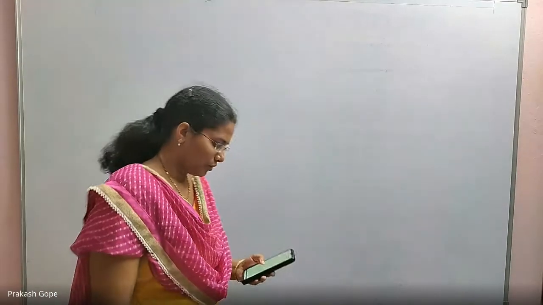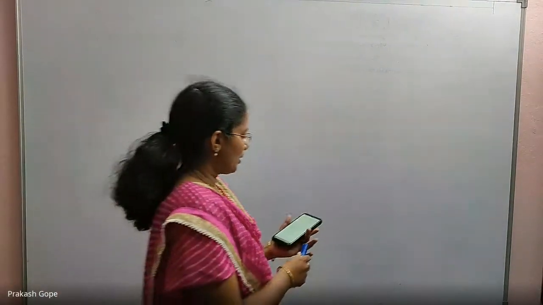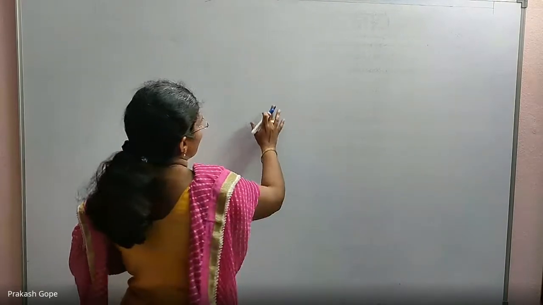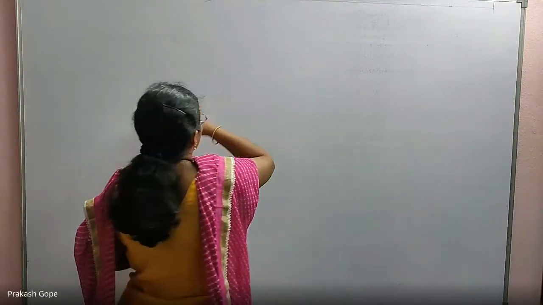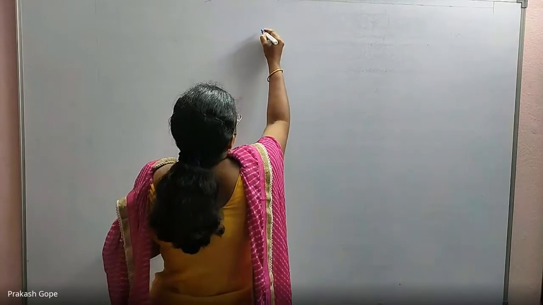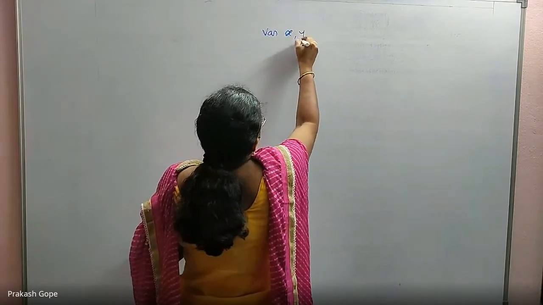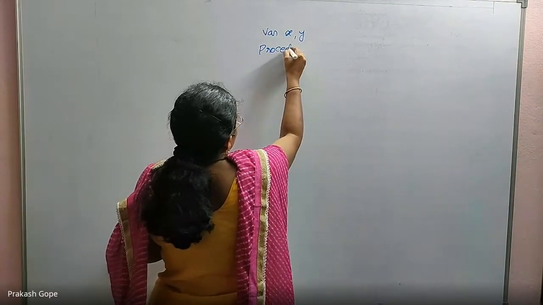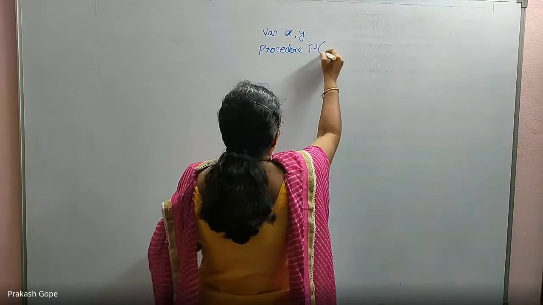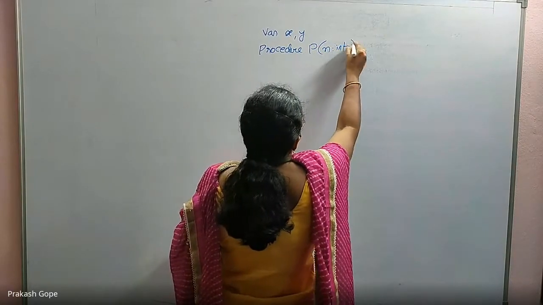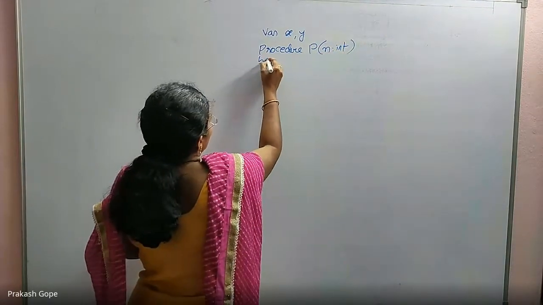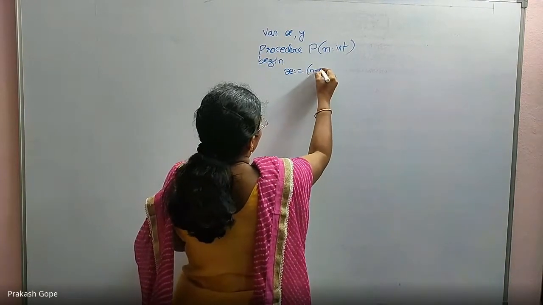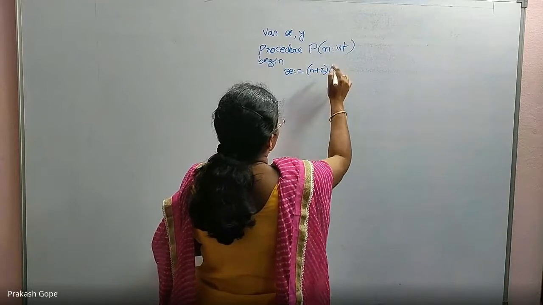That's all. Okay. So first I am writing the code here. I will write the solution for static scope here and dynamic scope here. Variables x, y, which are integers, procedure P, n is a formal parameter which is an integer, no local variables, x is equal to n plus 2 by n minus 3.